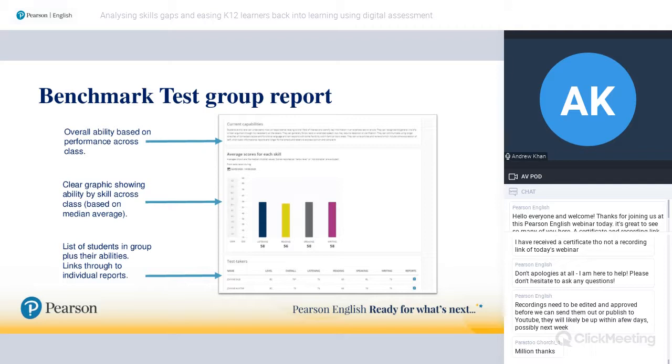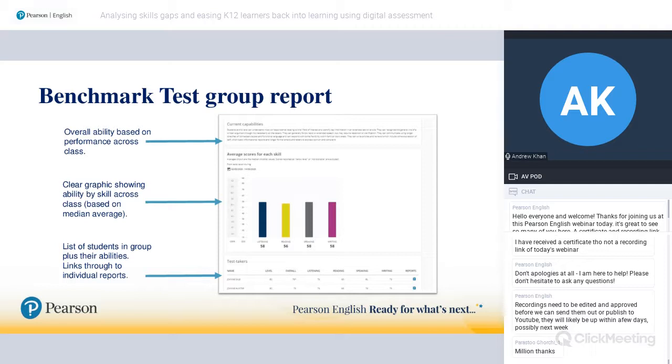You also have a nice list of those students with those scores immediately visible to you as well. So it gives you a lot of information as a teacher. Speaking to teachers who've used this, I think this is one of the most valuable features. It really does help in lesson planning. It shows you exactly where you're making an impact, but also where your students, as a whole, on average, do need to improve. And again, it gives a little bit more of a granular look than you might find with other ways of assessing them.